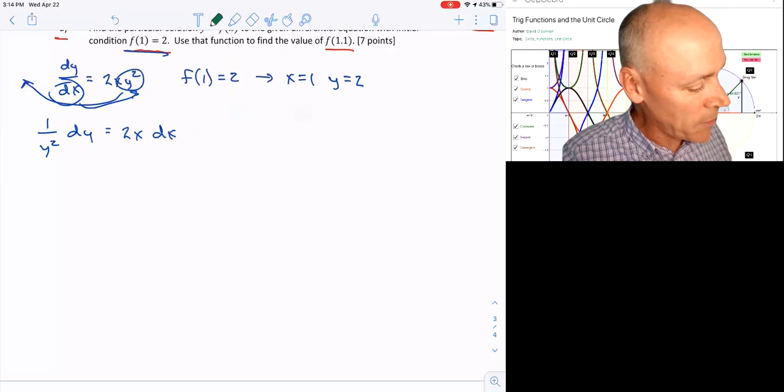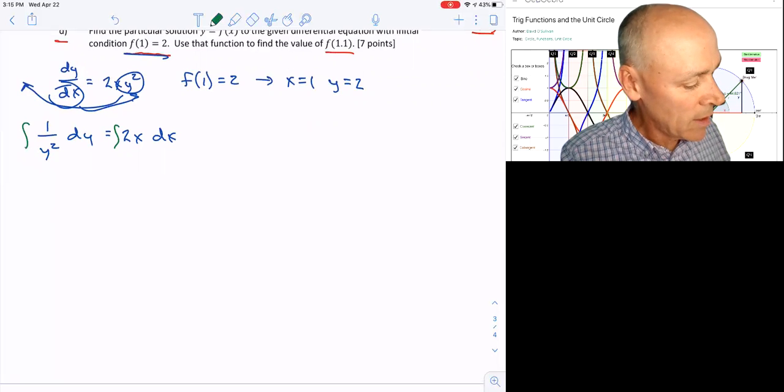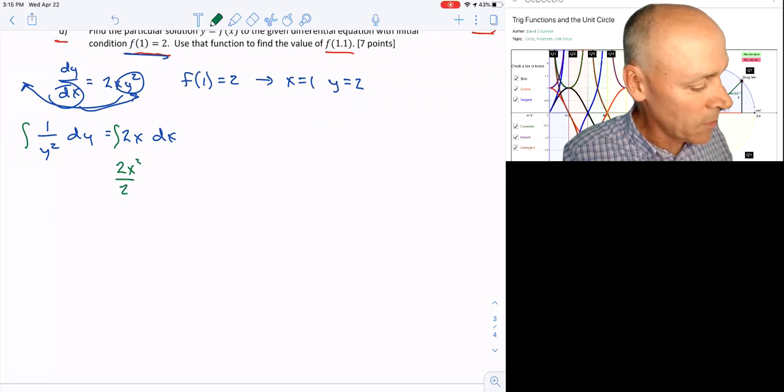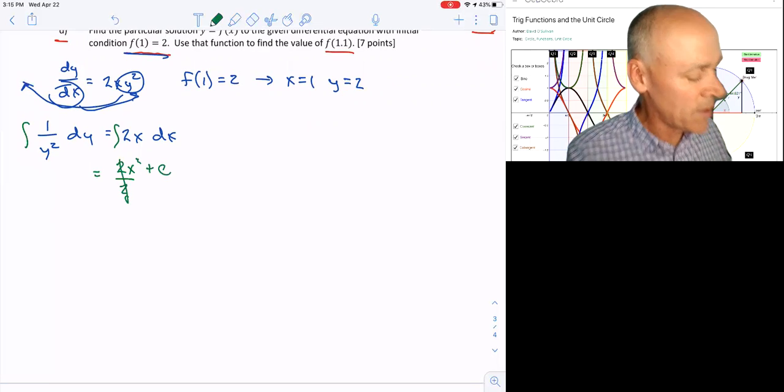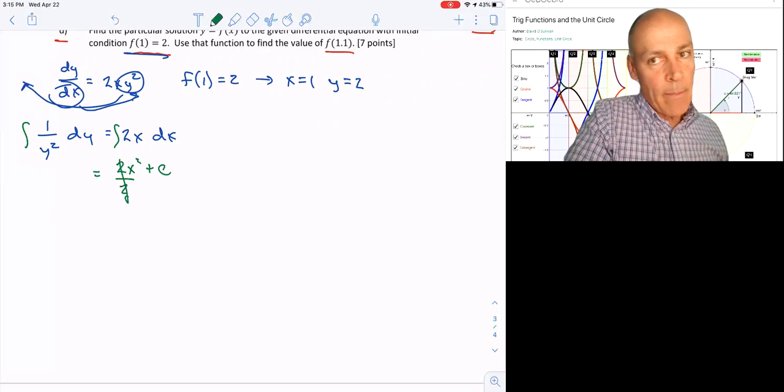Now I want to integrate both sides. Okay, I'm going to integrate the right side first, build a little confidence. So the integral of 2x is going to be 2x squared over 2. 2's are going to cancel. I'm just going to have x squared, don't forget, plus c is equal to, okay, now on the left side,